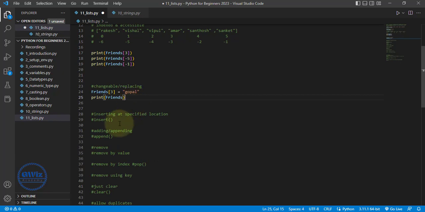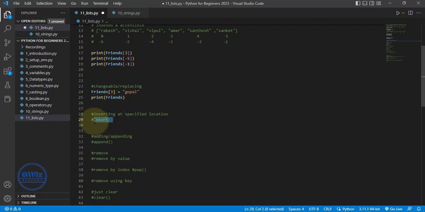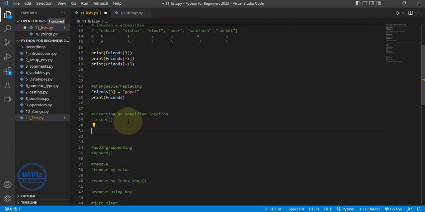Now let's go to the next concept, inserting at a specified location. What exactly do I mean? We can use the function called insert, and we can insert a specific value at a specific location. How do you do it? Let's say friends is the list. I'll use the insert function. What is the location? Let's say I want to add something at the location with index 5. So I'll simply type 5,